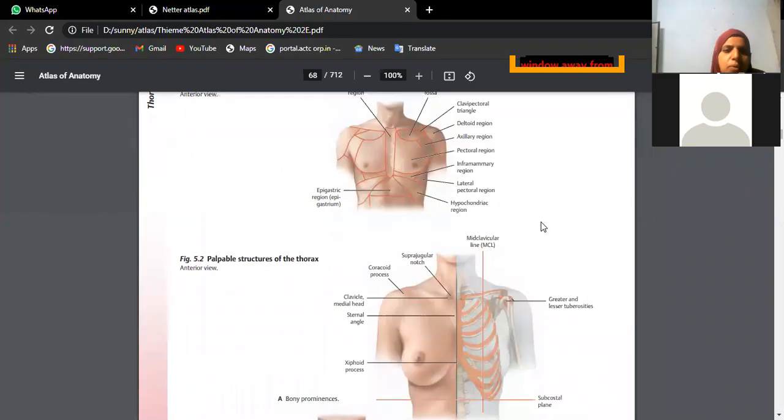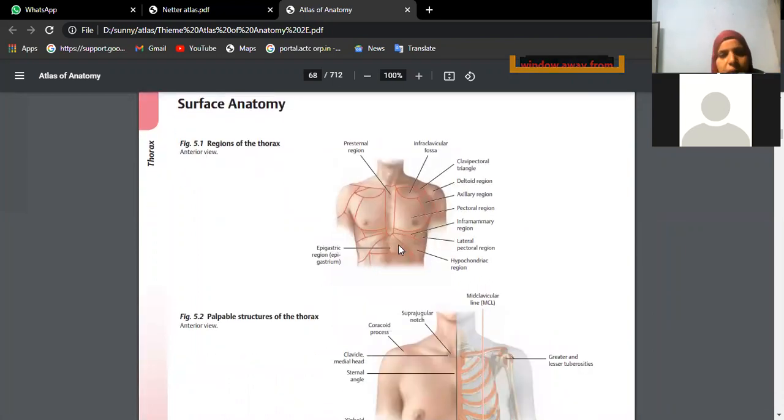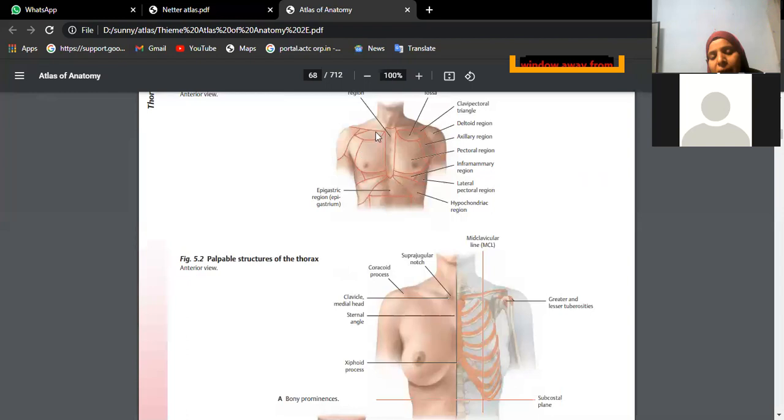So generally when you just look at the body, whatever you see from outside, you call it surface anatomy. In the surface anatomy, we know in the midline we have the sternum, which has further subdivisions like manubrium, body and xiphoid process. Then on the right and left side, we have two clavicles, isn't it? In the front of the thorax, just below the skin, we have the superficial fascia and deep fascia. Once you cut that, you will find the pectoralis major muscle, minor muscle, below which you will see the intercostal muscles, right?